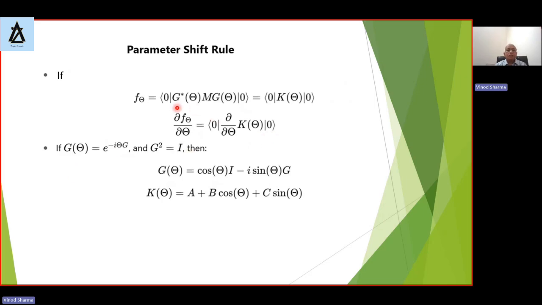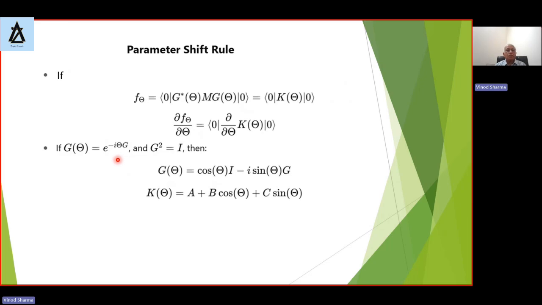If this J theta is e raised to minus i theta G, so this will be a simple scenario, but the more general scenarios will happen in the same way. This is just to illustrate it in a convenient way. If G theta is raised to minus i theta G, and we saw many examples in the last video when these